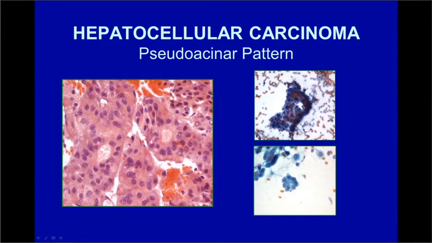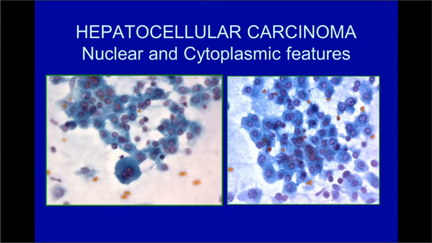And down here is another example of that, which has been described as a microacinar pattern. So sometimes they're not as large as they are here. They might be smaller. But this is also a pattern to notice or recognize in an aspirate of a liver nodule. The other feature that can help us differentiate well-differentiated hepatocellular carcinoma from a benign liver nodule is that the